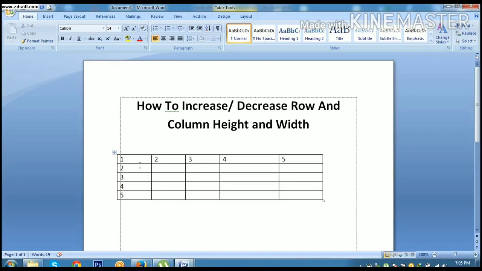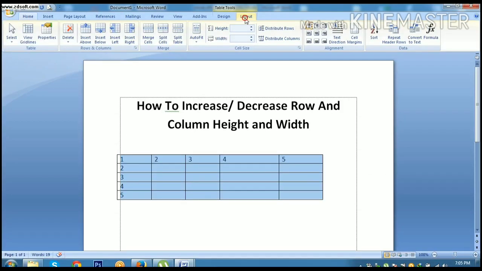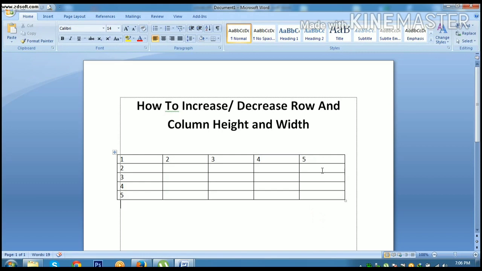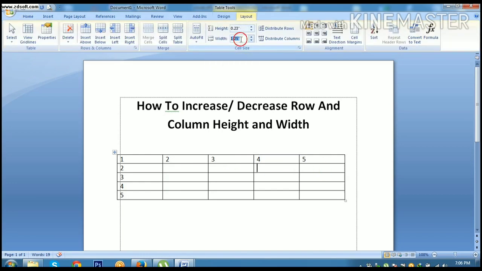After inserting the table, you just select the whole table, and you can go to the layout option. When you click on the layout option, you will get the height and width, as you can see here. You can click on the height and width and then change the number, or by default, when you click on the table, it will show you the height and width. If you want to change it as per your requirement, you can change the options here. You can type it, and you will get the required result.